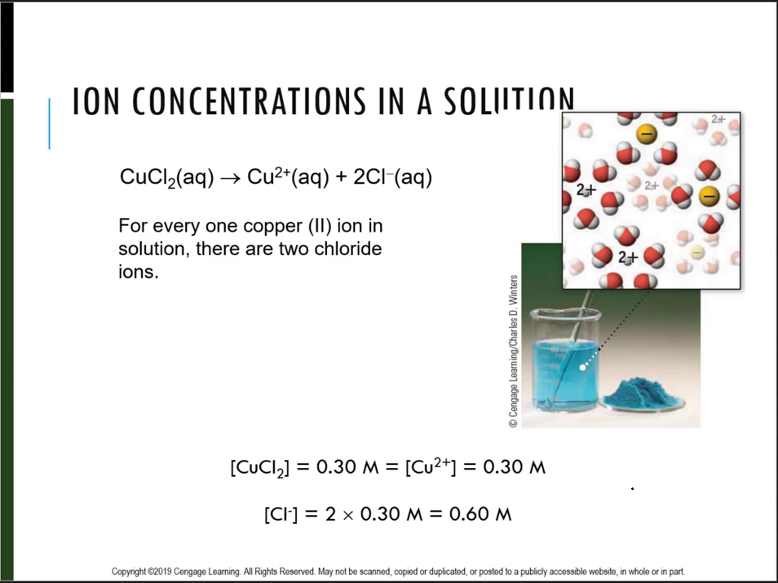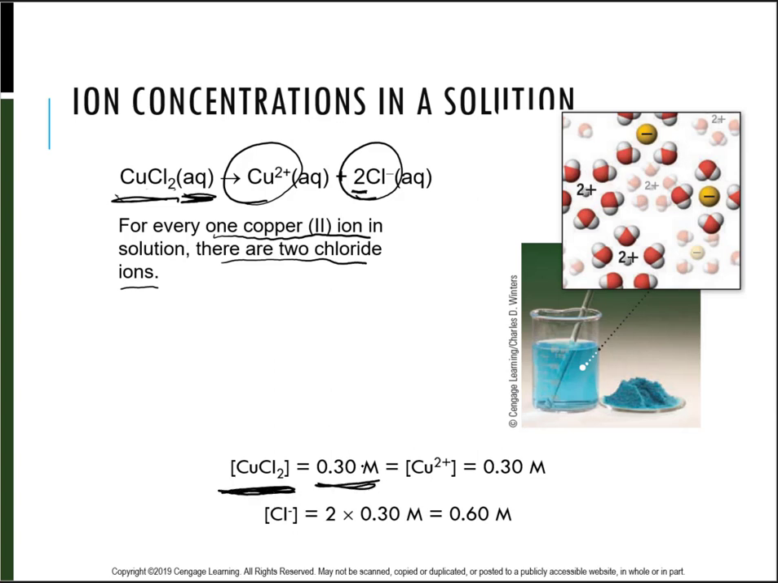Now let's look at what ions we have in a solution. If I have copper chloride, copper 2 chloride, and it's an aqueous solution, so it dissolved, we have 1 copper and 2 chlorines, correct? So 1 copper, which is a Cu2+, and 2 Cl- ions. So for every 1 copper 2 ion in the solution, there are 2 chloride ions. So if I said the concentration of my copper 2 chloride solution is 0.3 molar,